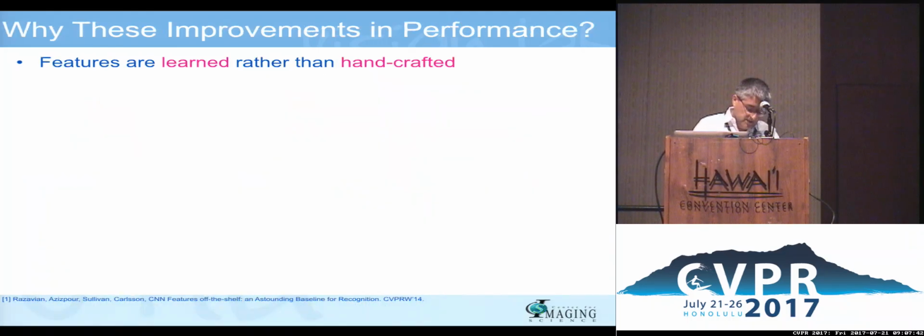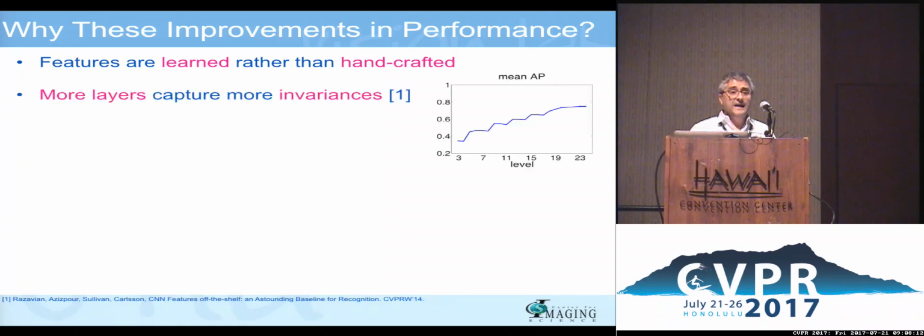So once it's worked for almost everything you can possibly imagine, you can start thinking about why this is the case. And so when you ask the practitioners and the experts in the topic, they would tell you one reason is that the features are learned rather than handcrafted. And therefore, that ought to have the effect that the features are more discriminative. They're more adapted to the task that you're interested in. And that's why it should be better. Another reason that is given is that the more layers you add to the network, the more invariances you capture. So you want, of course, to do recognition with invariance to viewpoint, lighting, etc.